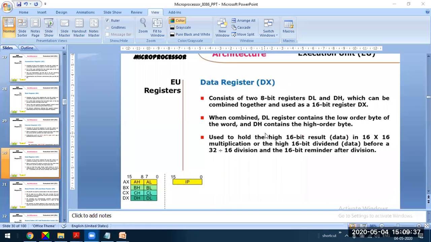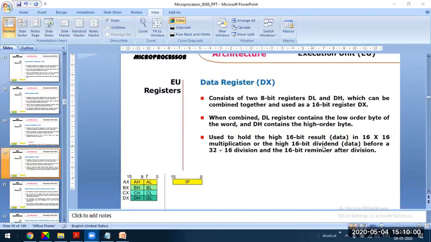Data register: it consists of 8-bit registers DH and DL. Combined together, it is 16-bit. It is used to hold the upper 16 bits of the result in 16 by 16 multiplication. That is, during a multiplication operation, when the result is bigger than 16 bits, the DX register is used.